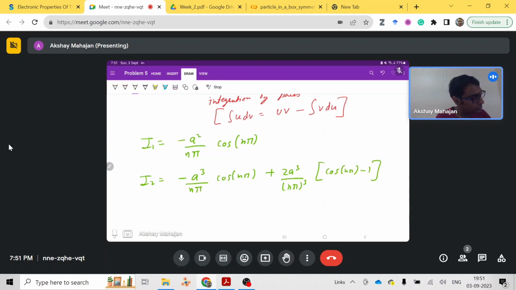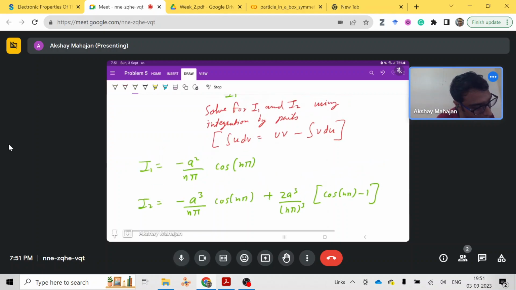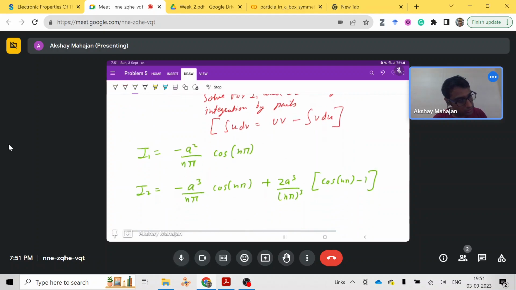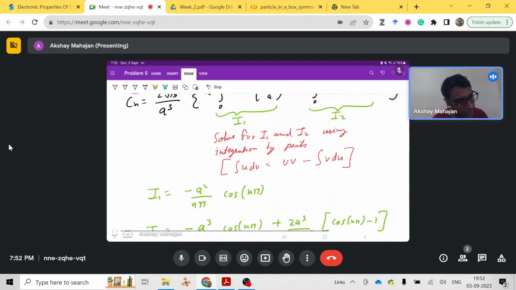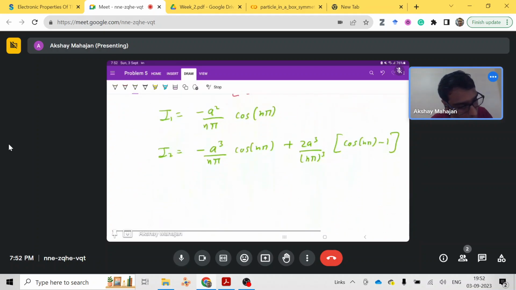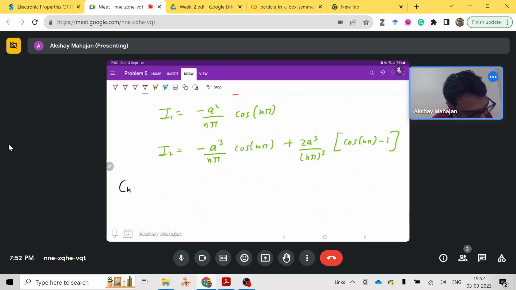Right? So you just solve it and you will get minus a cube upon n pi cos n pi plus 2a cube upon n pi cos n pi minus 1, and I1 will be minus a square upon n pi cos n pi, and you can see that is a times, so these two terms will get cancelled out when you put I1 and I2 for the Cn, and after putting these values you can check that your Cn will be equals to